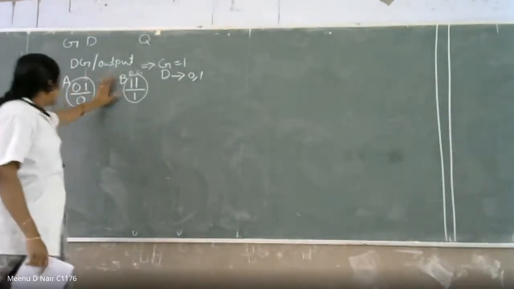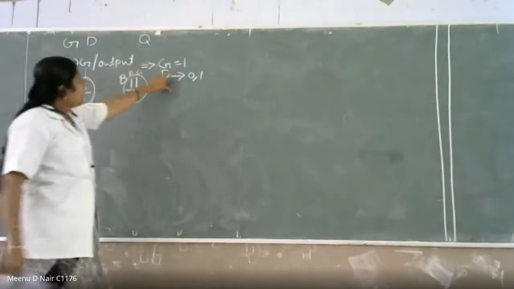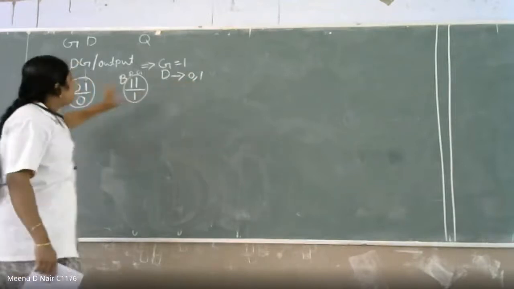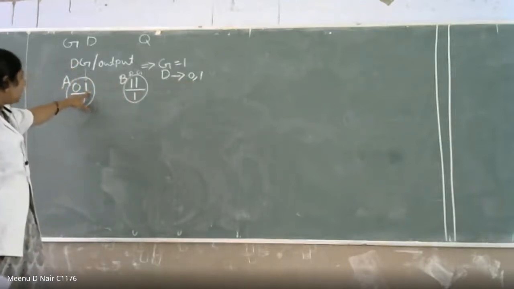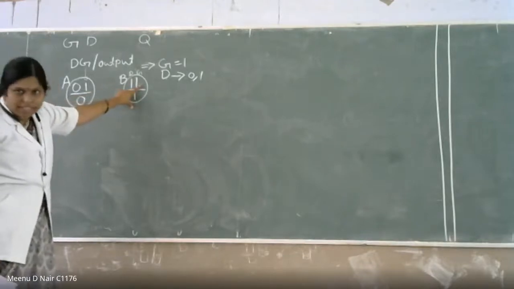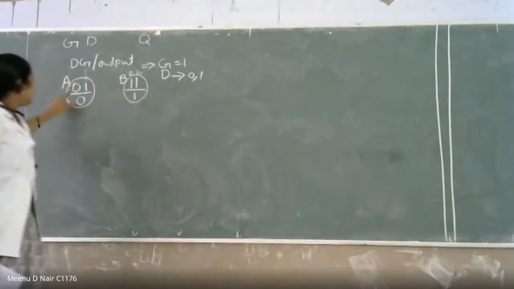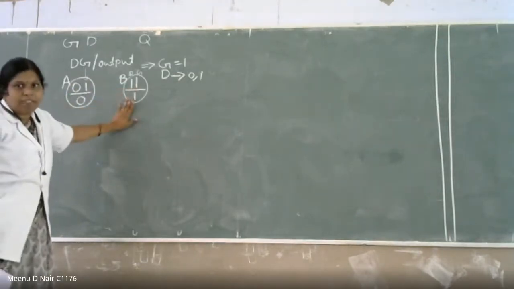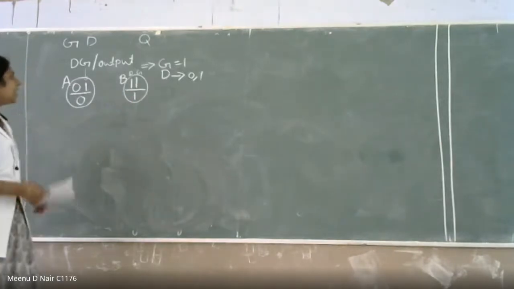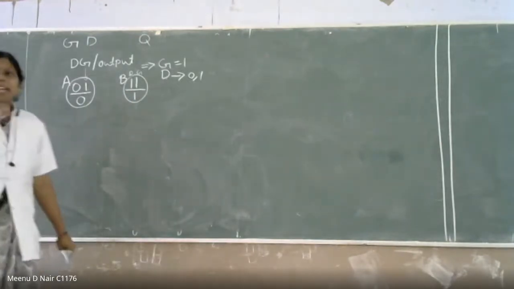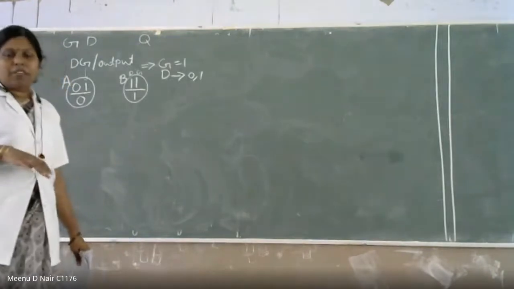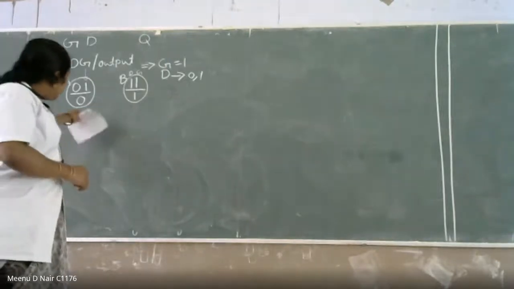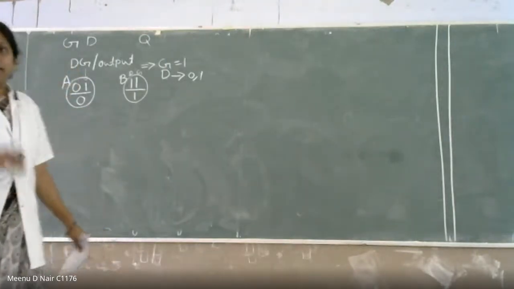So the first condition you have taken is G is equal to 1 and D can be 0 or 1. You fix G equal to 1 here, and here also G is equal to 1. Then you change the output, here 0, here 1. So you got the corresponding output. This is your first condition. Then what is the second condition? If you change G from 1 to 0, whatever the previous input was, that will again be there. That is the condition, right?